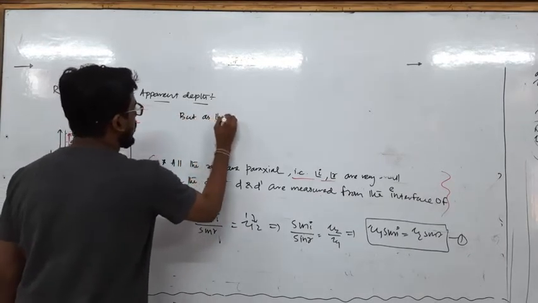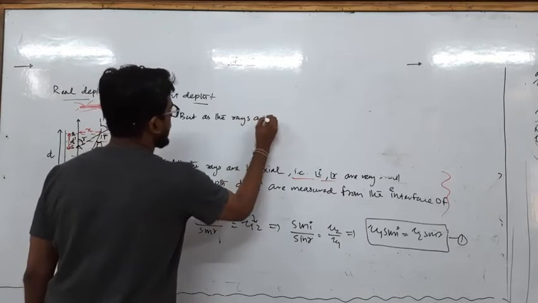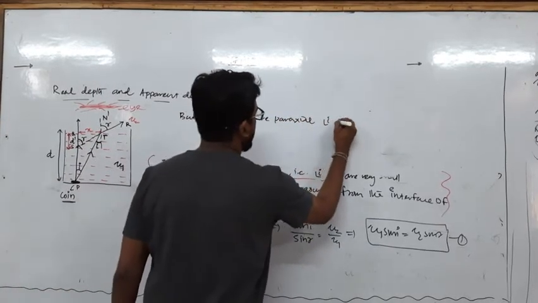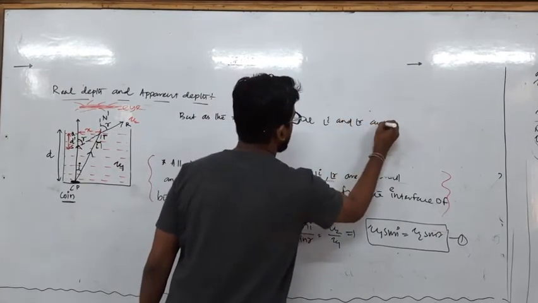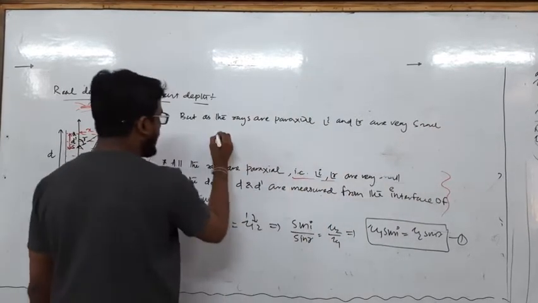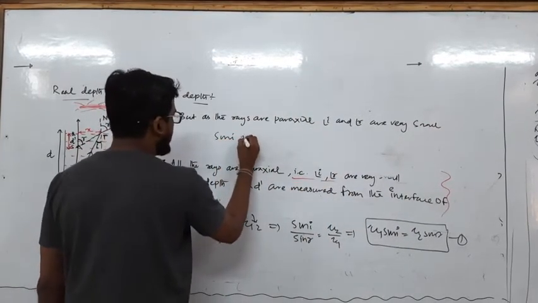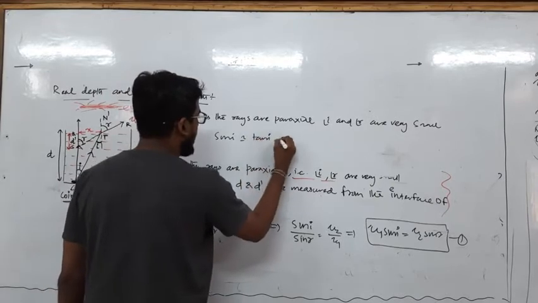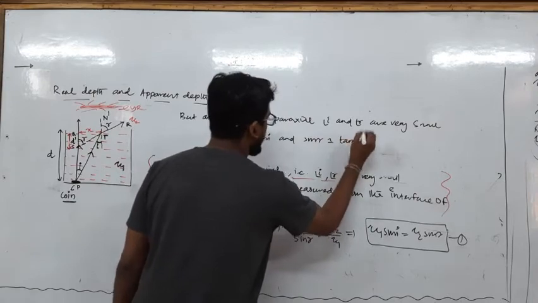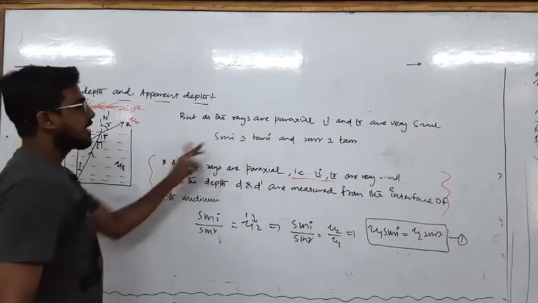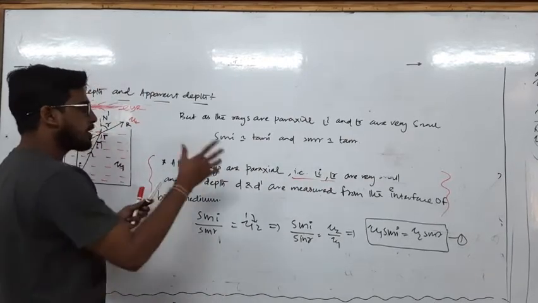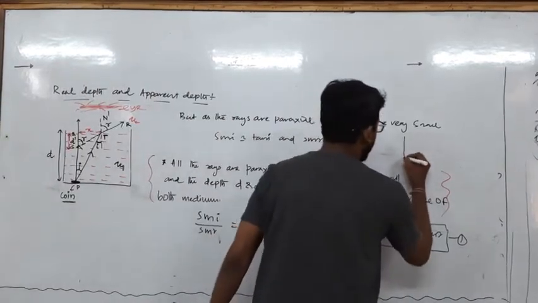But as the rays are paraxial, I and R are very small, so for very small angle sin I can be written as tan I and sin R can be written as tan R. We already know this, because for very small angle, if this is the right angle triangle,